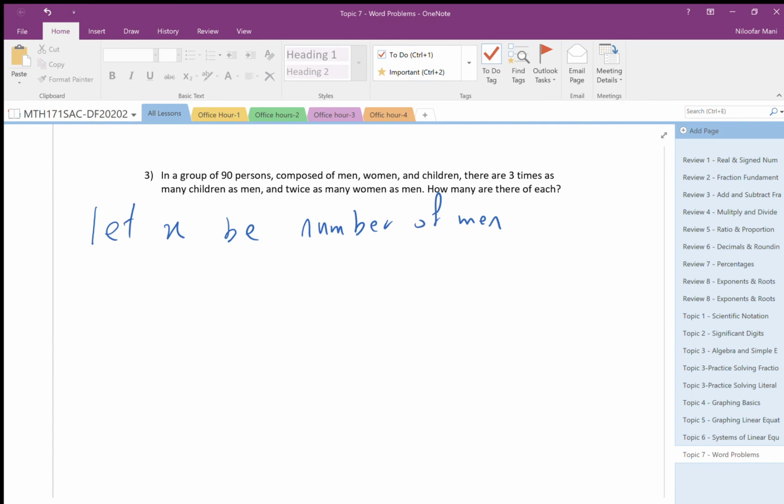Okay, so the price, the number of cars, the number of people, the number of men. Here, let x be the number of men. So how about children? Let 3x be the number of children, and let 2x be the number of